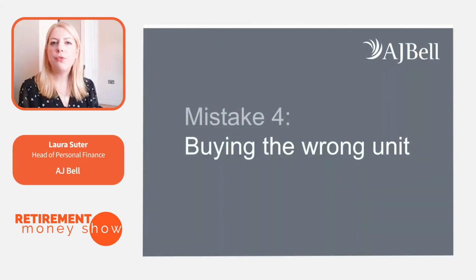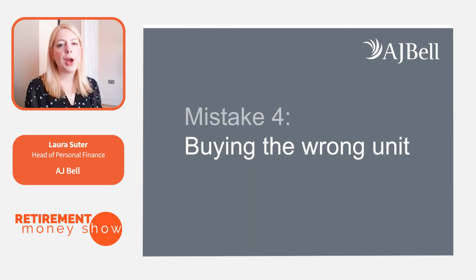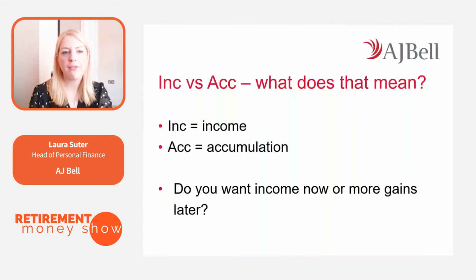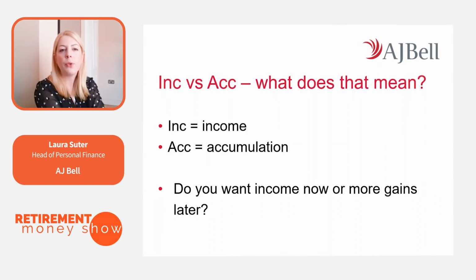And so then the fourth mistake I wanted to touch on is buying the wrong unit in a fund. This is a bit more of a technical one, but it's definitely a crucial one when you come to buy a fund. There's a lot of confusing letters and acronyms and terminology after funds often, and there'll be different share classes of it. But the one that I want to focus on is where, typically for an income fund, it will either have INC or AC after the name.